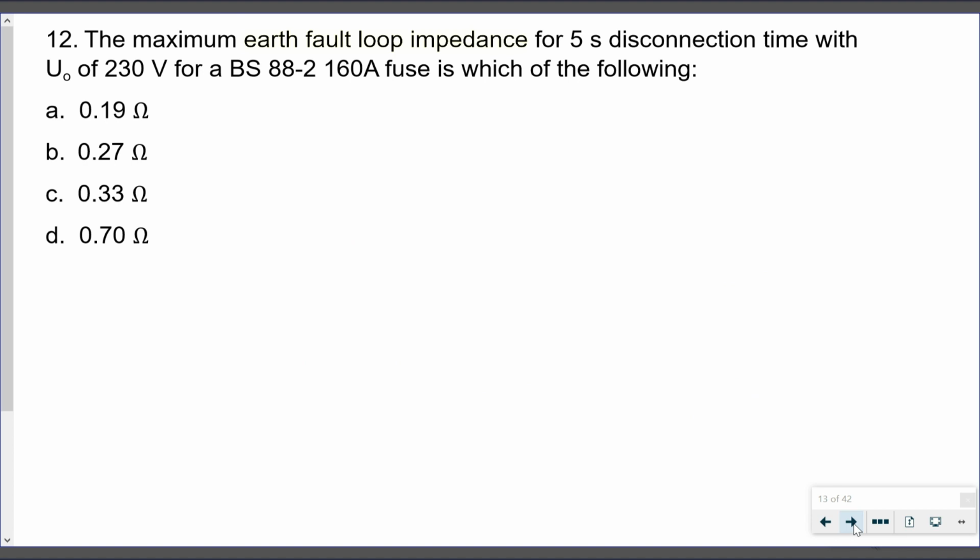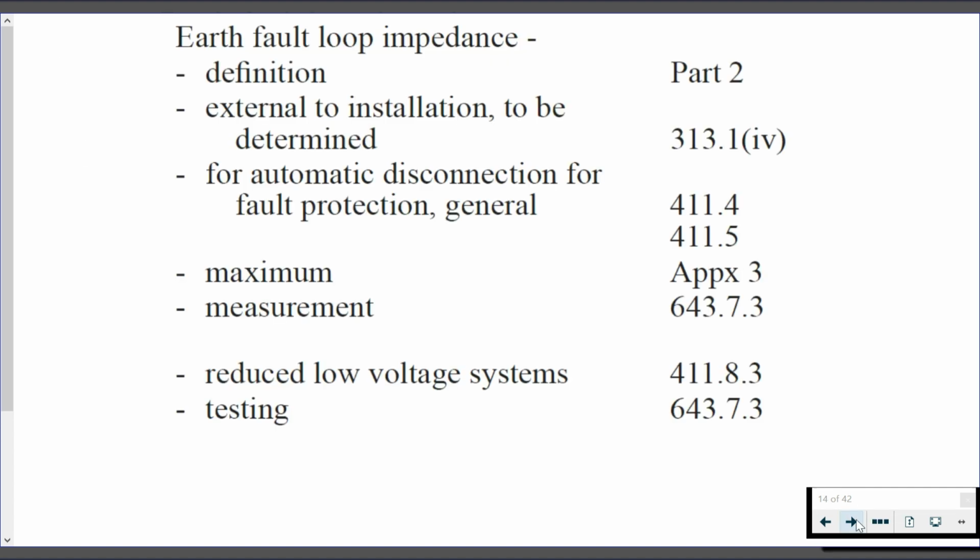Question 12, the maximum earth fault loop impedance for 5 seconds disconnection, so we've got a 5-second time, U0 of 230 volts for a BS 88-2 160 amp fuse, which of the following? And again, we've got our maximum earth fault loop impedance values. So which one of these meets the requirements for ADS? And again, in the earth fault loop impedance for automatic disconnection for fault protection,